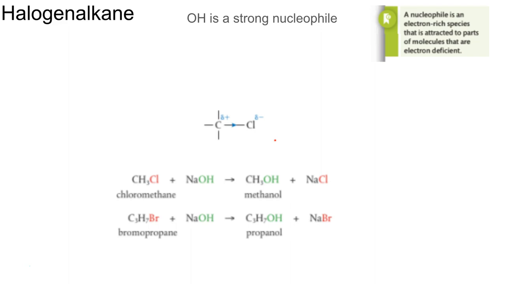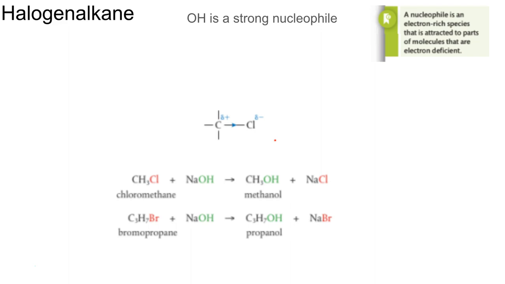These are species that are electron rich, and they are really good at attacking other molecules, especially ones that are electron deficient. And so here we see a halogenoalkane that is some type of halogen, a group 17 element, bonded to a carbon atom. You can see that the electronegativity of the chlorine is a lot greater than the electronegativity of the carbon. So what tends to happen is you get a partial negative on the chlorine and a partial positive on